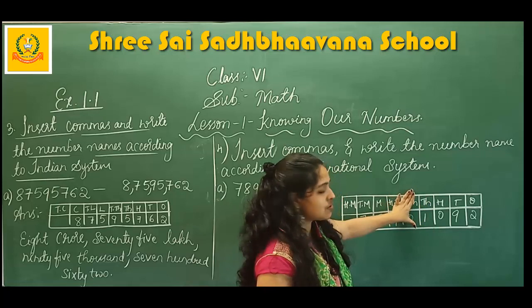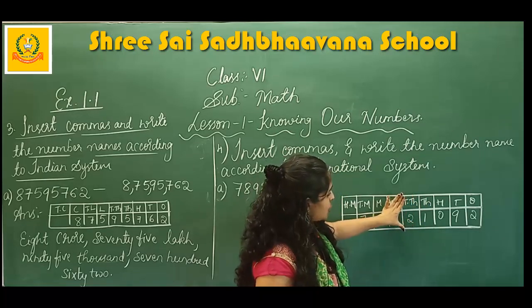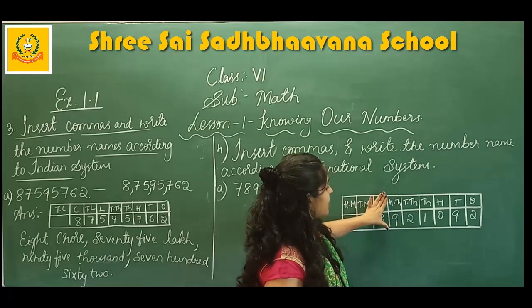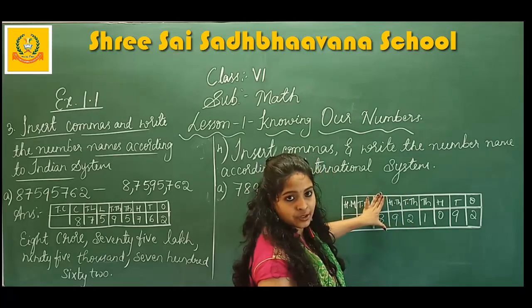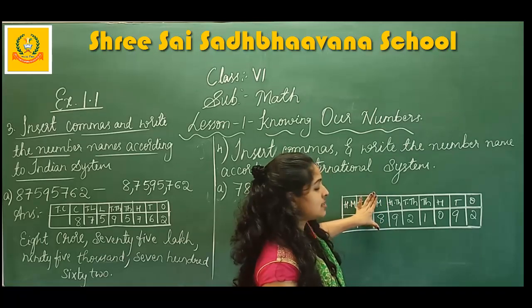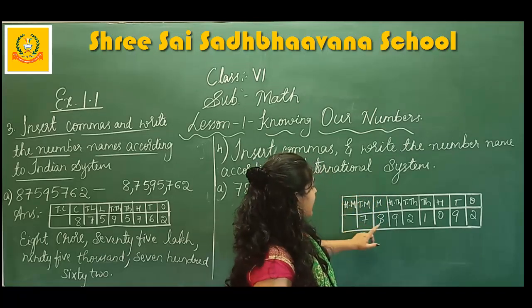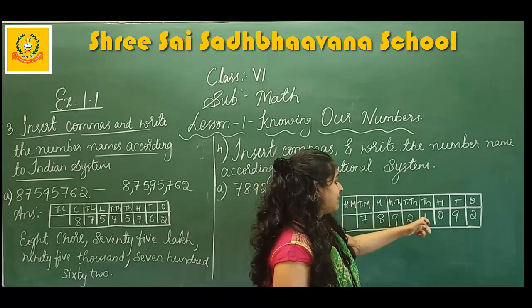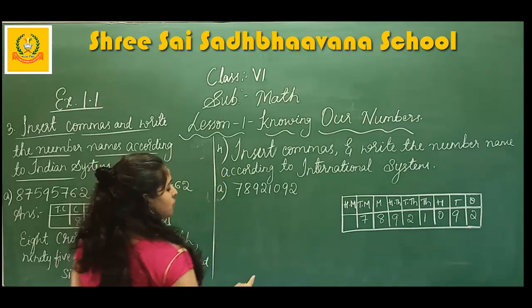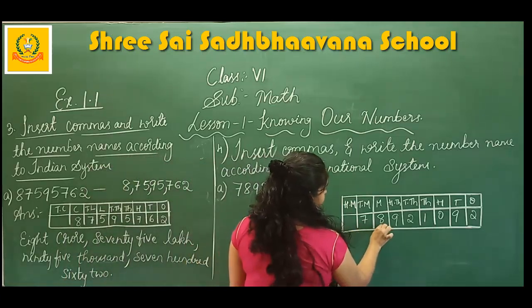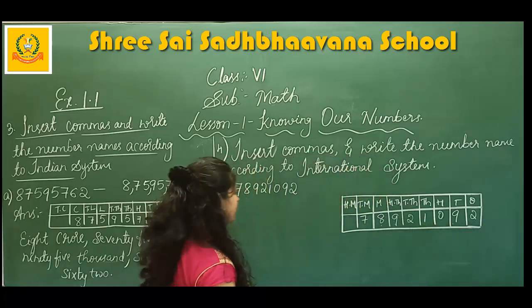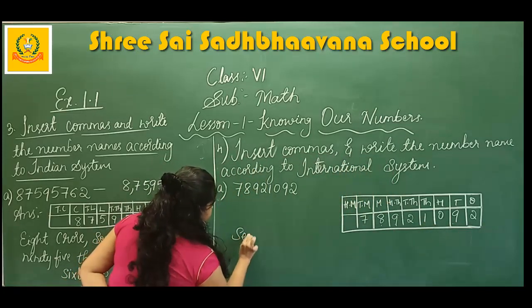Next, 1092. 21,092. 921,092. 8,921,092. 78,921,092. So in that way we have to read. So how to write? Read 78,921,092. Okay? Yes, let us write 78